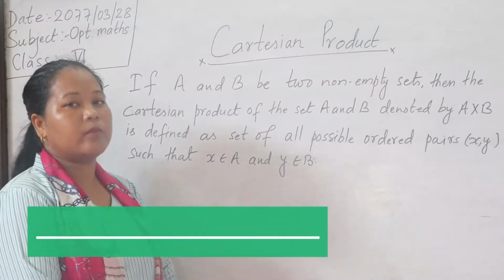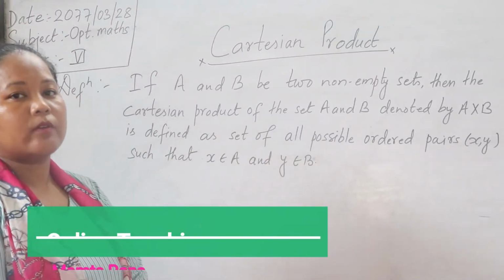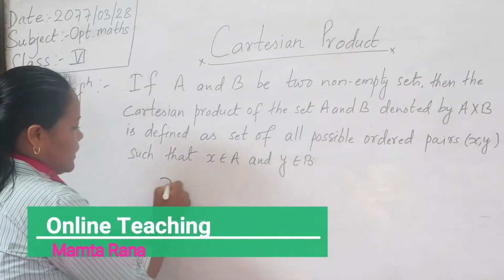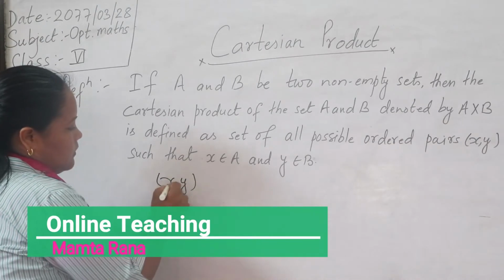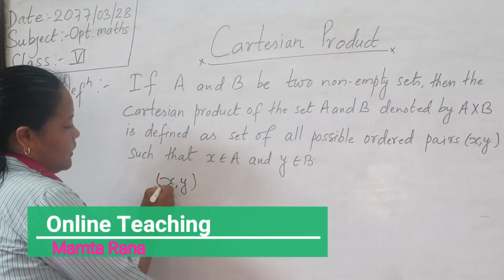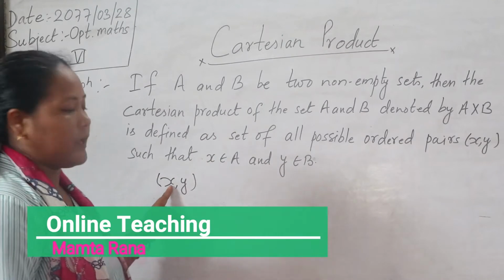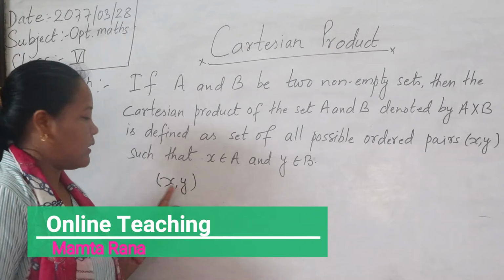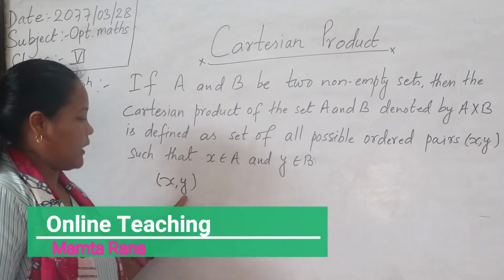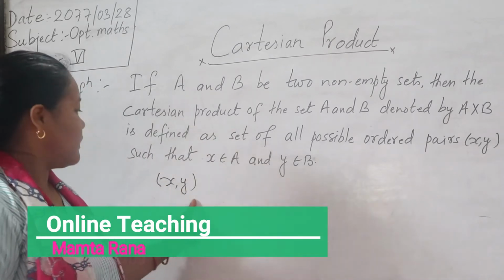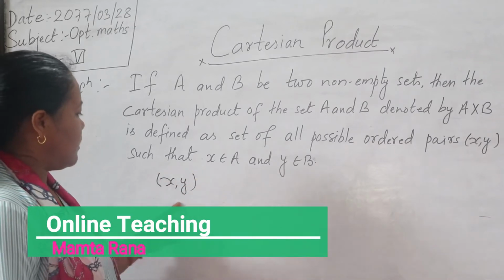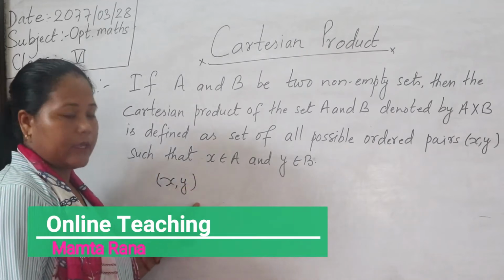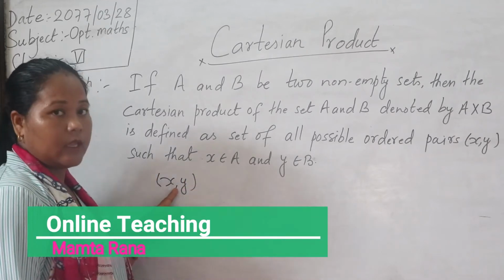Okay, and in the previous class we already read about ordered pairs. Yes, x and y, (x, y), this is the ordered pair. x is called the x coordinate and y is called the y coordinate. x is called the abscissa and y is the ordinate. About this we already read. And ordered pairs are enclosed by small brackets and separated by a comma.